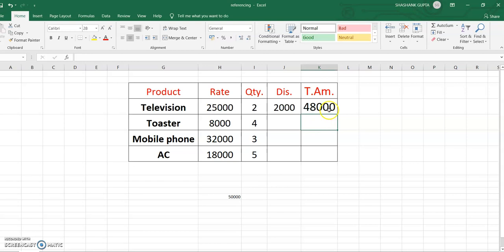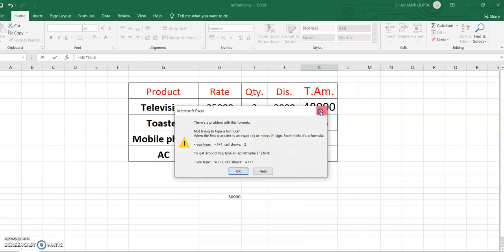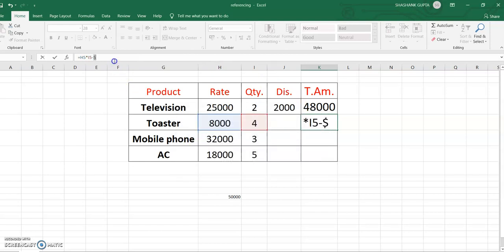So just write it here, equal sign. Okay, after that again H5 multiplication I5, again minus dollar symbol, the value is J$4.